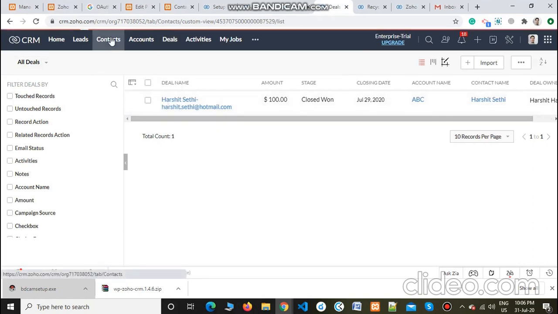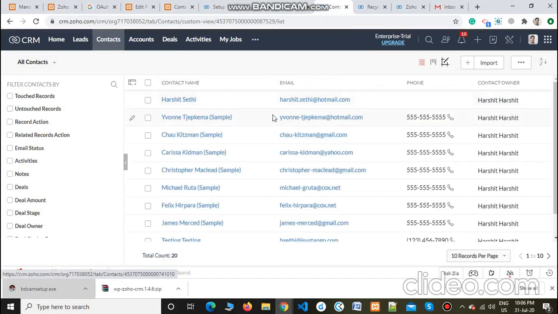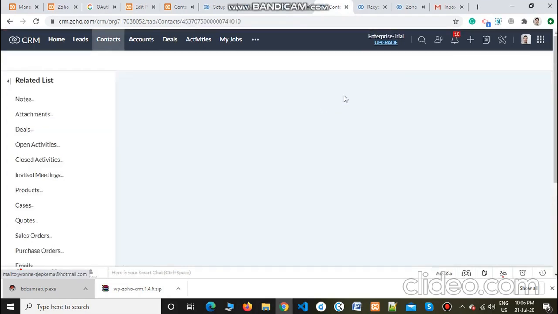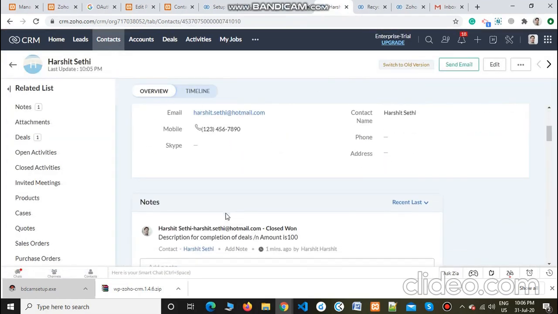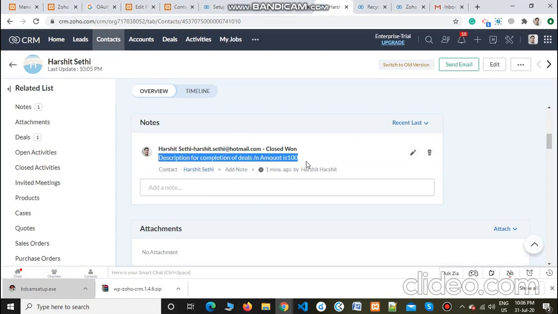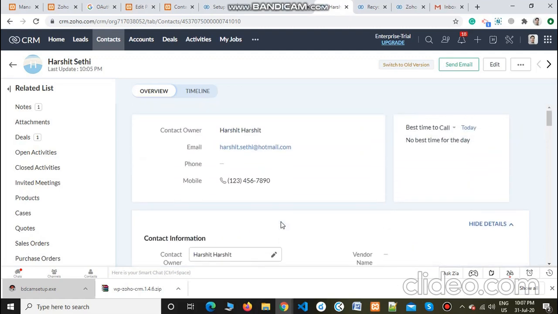And in the contact, there is a particular note record with the email ID hashit@gmail.com. This one is the description, and it says that it has been closed, with the deal name, the email ID, the closed stage, and the particular description that the amount is 100 rupees.